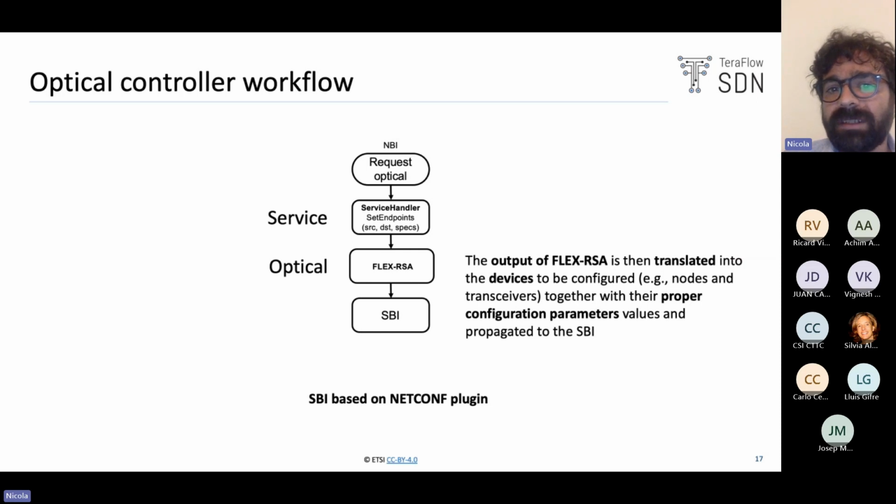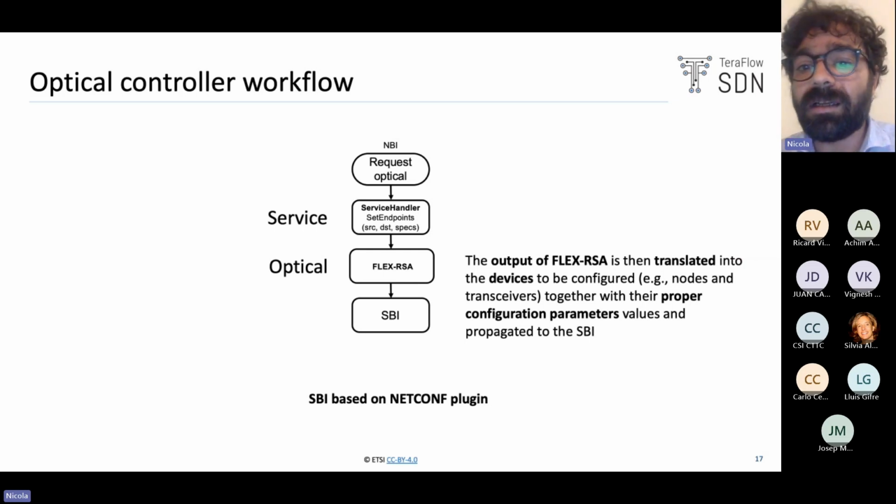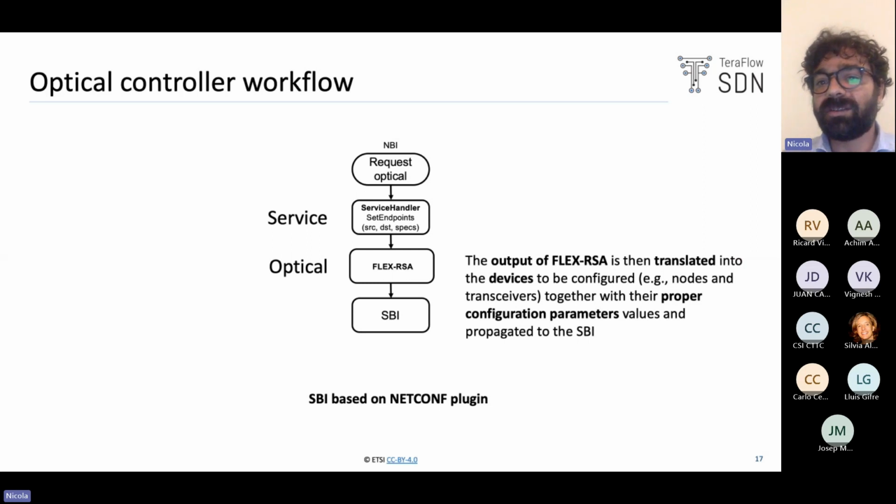So what is important to say is that the optical component, after running the flex routing and spectrum assignment engine, also has to translate the output of this algorithm into the devices to be configured, together with their configuration parameter values. These are expressed in YANG-based parameters, YANG-based values that are propagated to the southbound